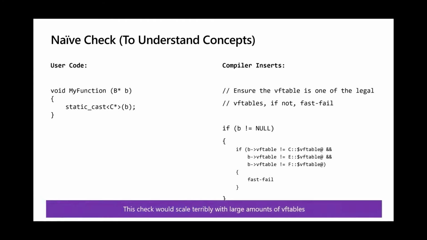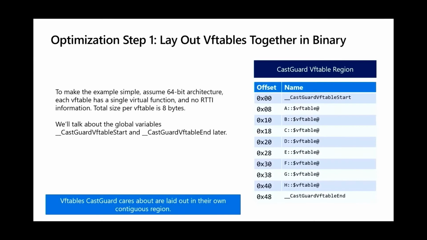But you probably look at this and think, okay, this would be an absolute performance disaster, right? What if you had a class hierarchy with like 1,000 different classes in it, and you have to sit there chugging along through every different vtable that might be allowed? This would be way worse than dynamic cast. So clearly, this isn't actually a scalable solution. It's just to help us understand the concept. If we want to build a scalable solution, we need to get a little bit trickier.